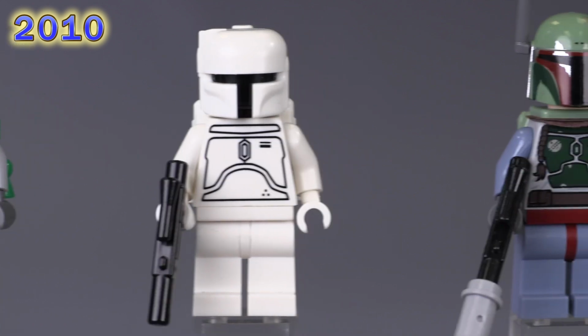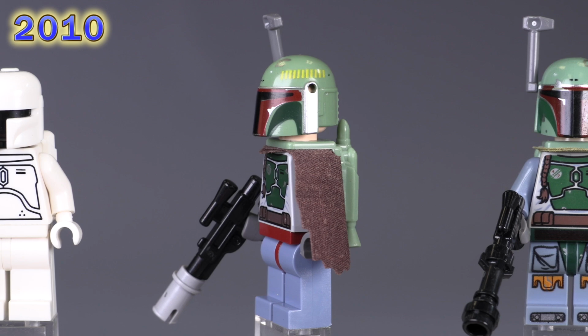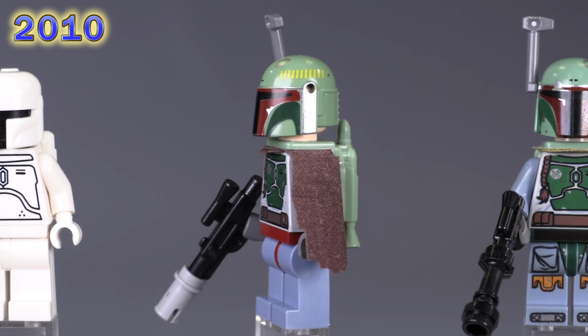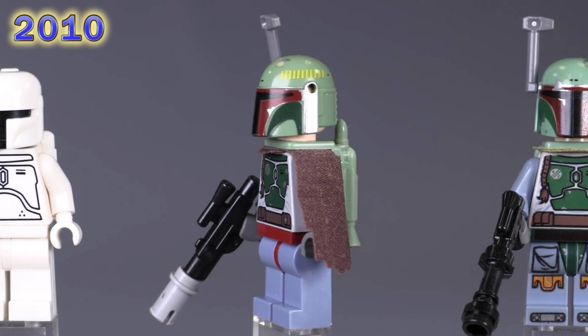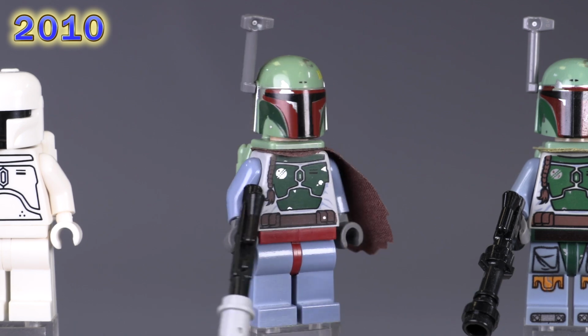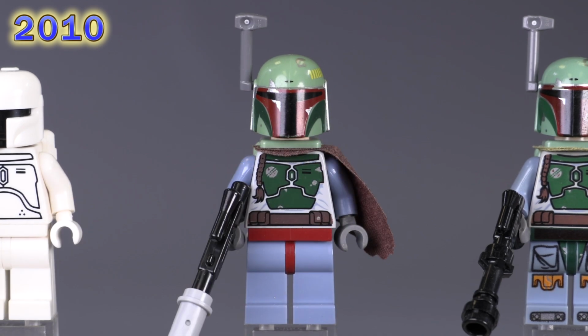Now here is what I call the first improved Boba Fett. I zoomed out a little so you can see him with the full antenna sticking out the top. He's got a new mold for a helmet and separate mold for a jetpack, which I certainly appreciate. And then now you can see the cloth that's draping over one of the shoulders. They just kind of did it in a standard brown, doesn't look that good,